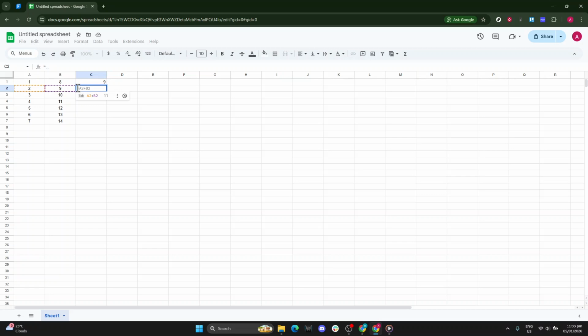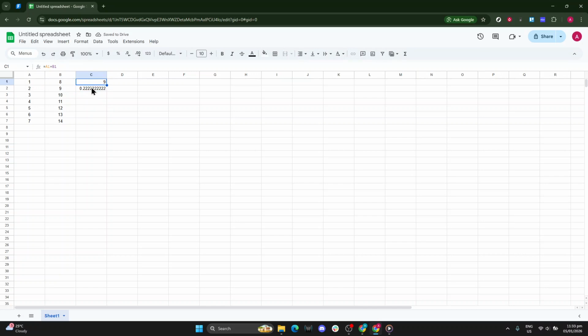Now let's do a division. Click into the cell where you want the answer to appear. Type the equal sign again to start a new formula. Click on the box that you want to divide, which is your numerator. Type the /, which is the division operator. Then click on the other box, the one you're dividing by, your denominator. Press enter. You'll see the result of that division right away, and just like before, it will update if the